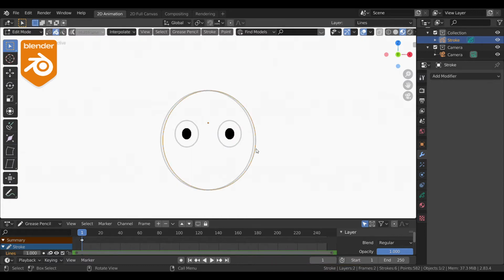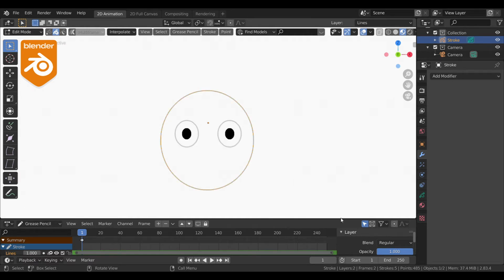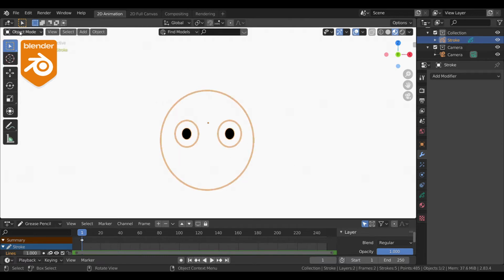So here I have deleted the duplicate face stroke, and I'm creating vertex groups for each eye, assigning the vertices to the group.